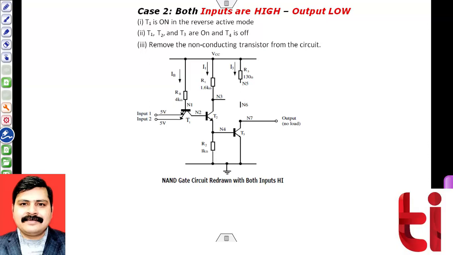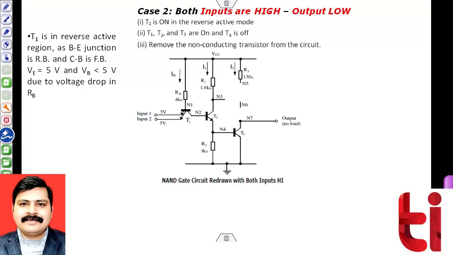5 volt. So 5 volt is connected over here, 5 volt is available across the emitter. Some drop across this resistance will also be there. So just because of this, these two junctions, base to emitter junctions, will be reverse biased. Okay, so these will be reverse biased, and base to collector junction is forward biased. So this is the reverse case of active region. Therefore, this particular transistor T1 is working in a reverse active region, or in some literature it is mentioned as the inverse active region, and the cause is my base emitter junction is reverse biased and collector to base junction